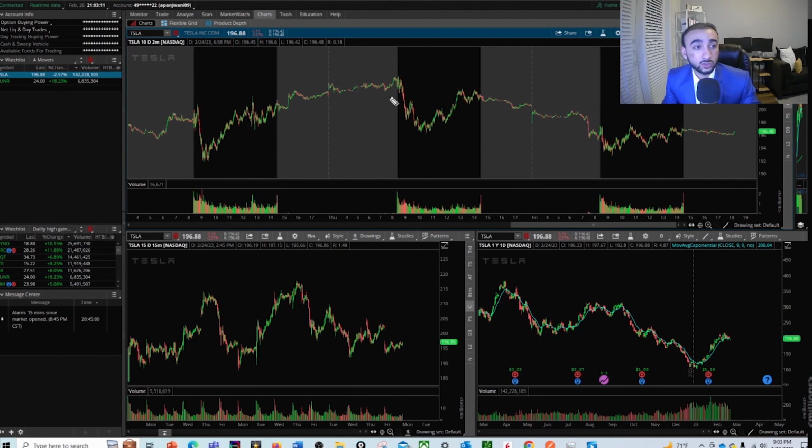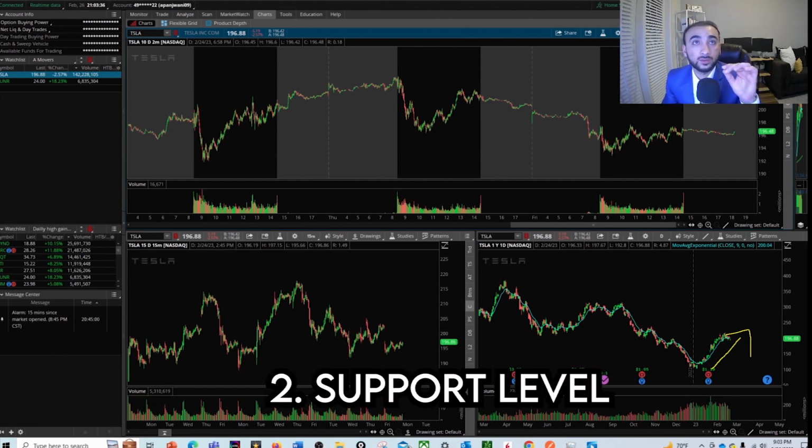Same thing if the stock was going down, but we were in this area right here, this likely would not have happened. This would have continued down. Just continued down. Okay, because the overall trend was downward. So very important to realize the latest trend on the daily chart, where it is. That's number one. Next is to keep an eye out for support levels because trends usually reverse at these levels,